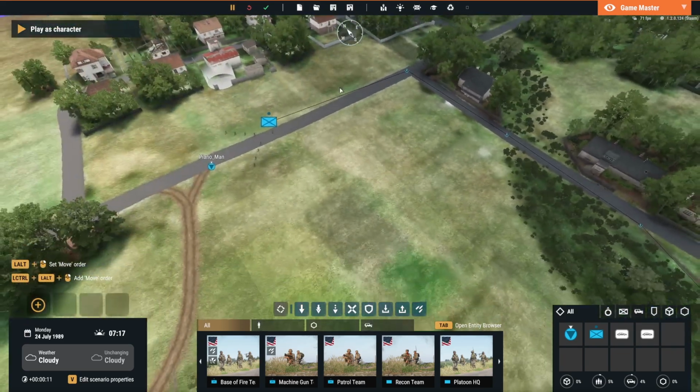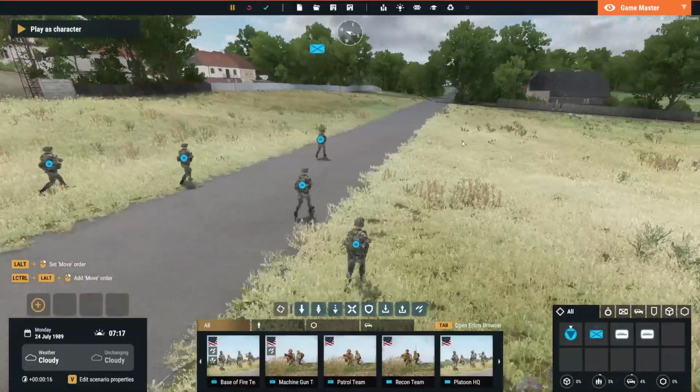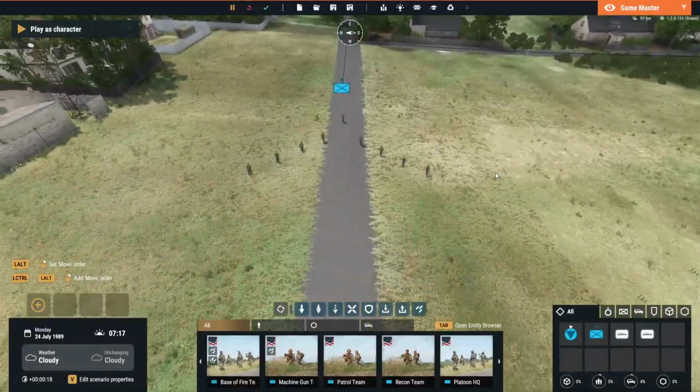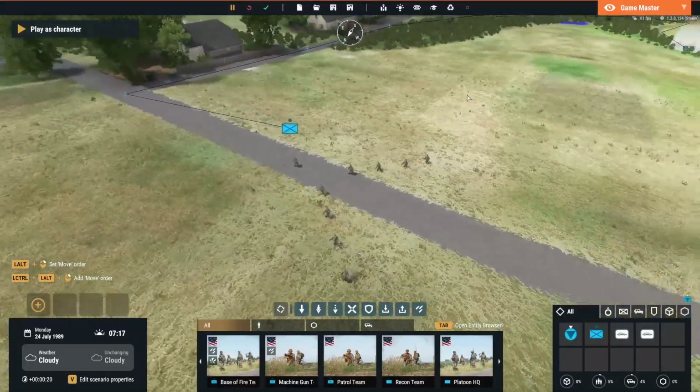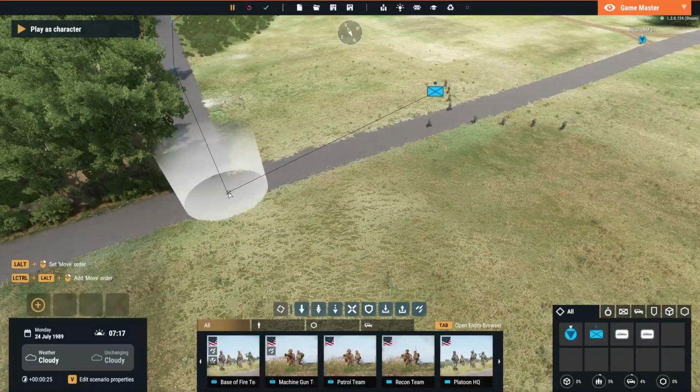Now I'm not going to wait for them to walk the entire length, but there we go. They are following the waypoints which have been placed down for them. We're just going to wait for them to reach over here,